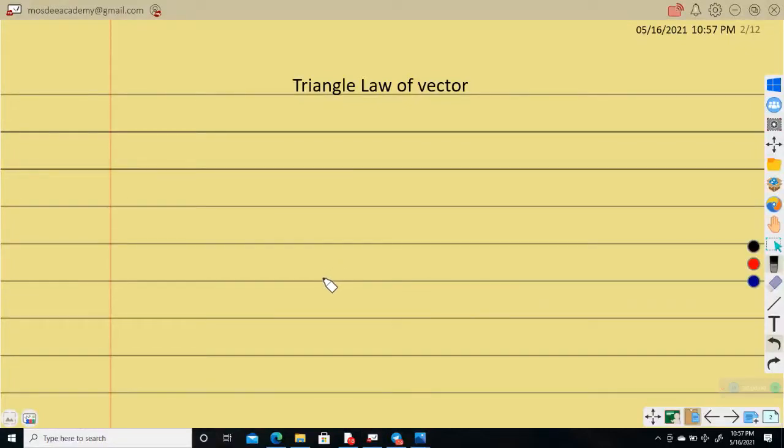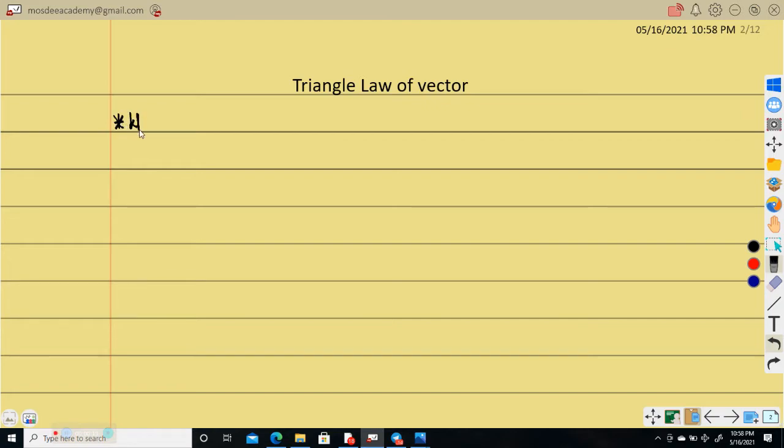So dear students, let us continue with our basis of vector. And in this slide, we are going to be talking about the triangular or the triangle law of vector, as it is popularly called. Now, about the triangle law of vector, we can write that the law states that